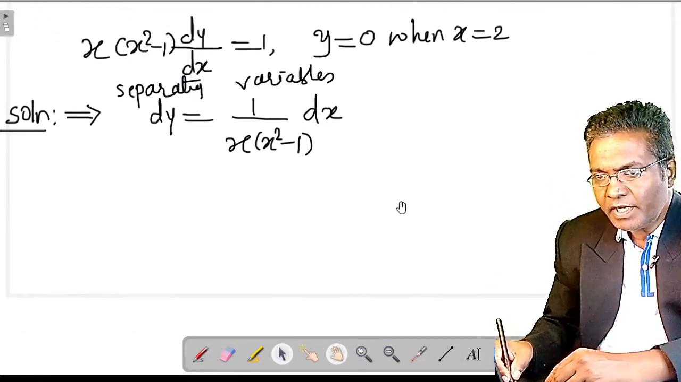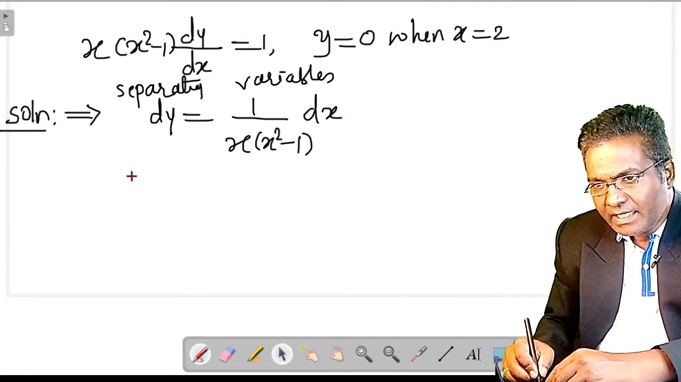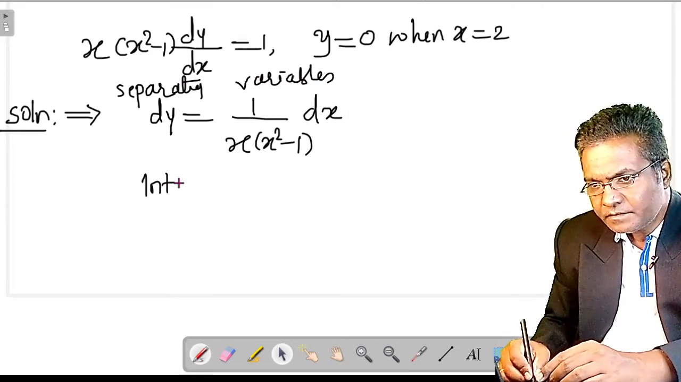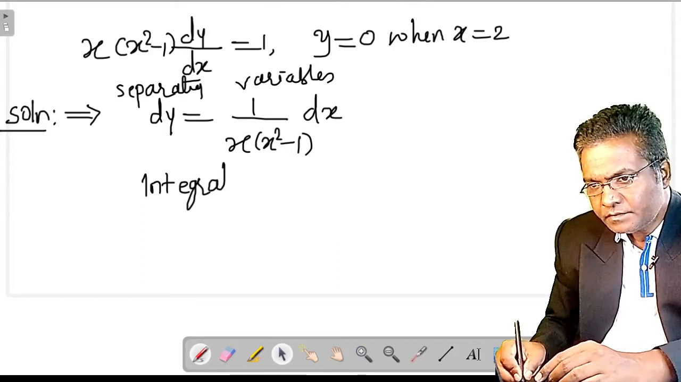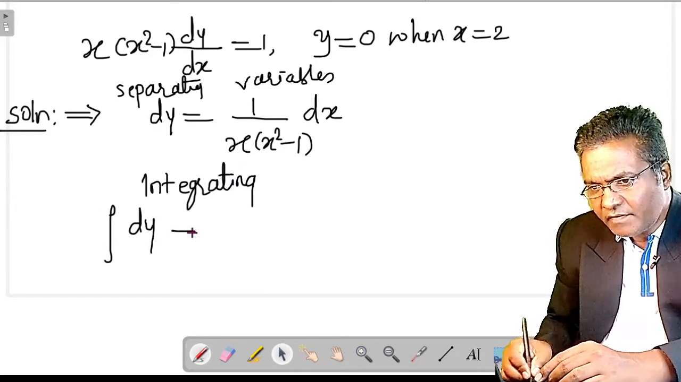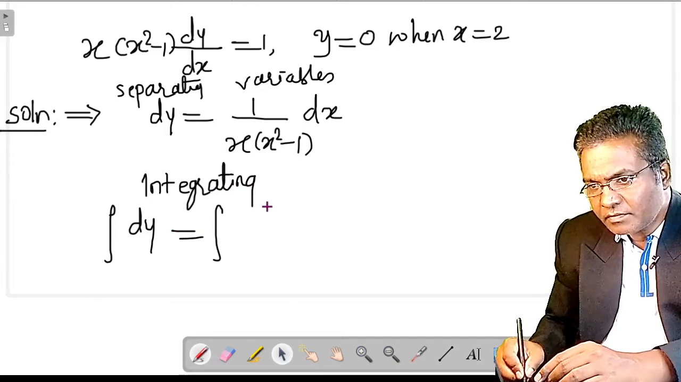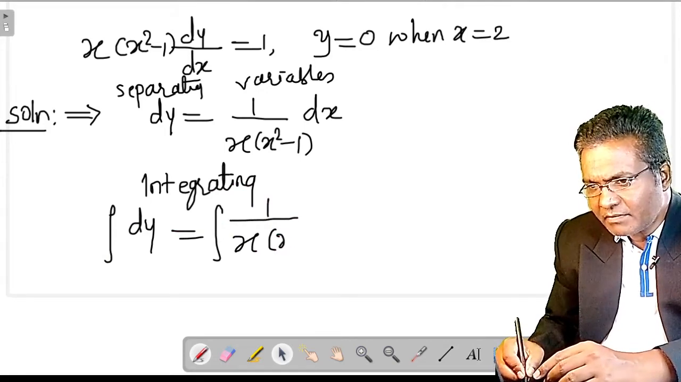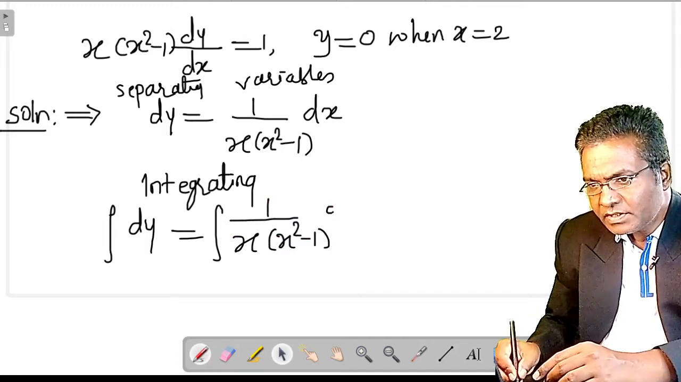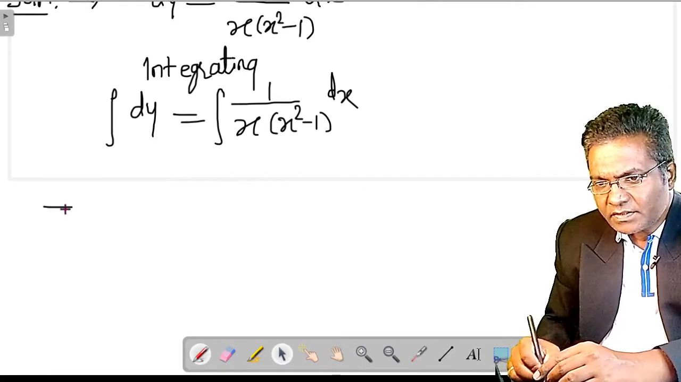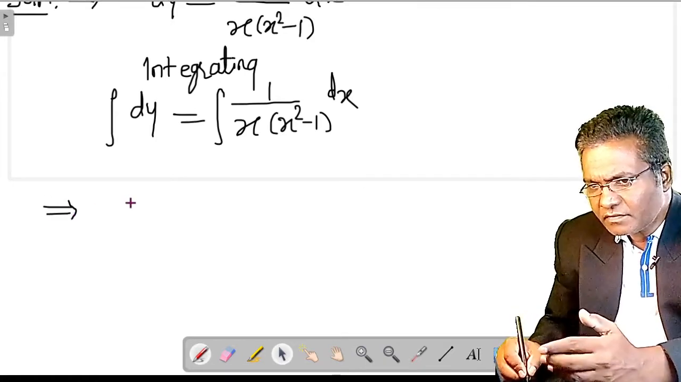Separating variables. Now once the variables get separated, integrate. Integrating on both sides, integration of dy is equal to integration of 1 by x into x square minus 1 dx. This implies integration of dy is y,